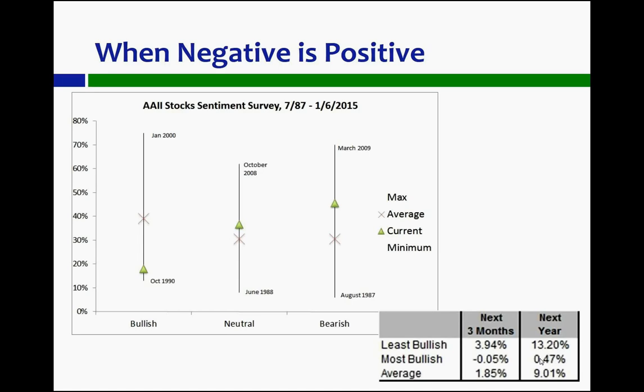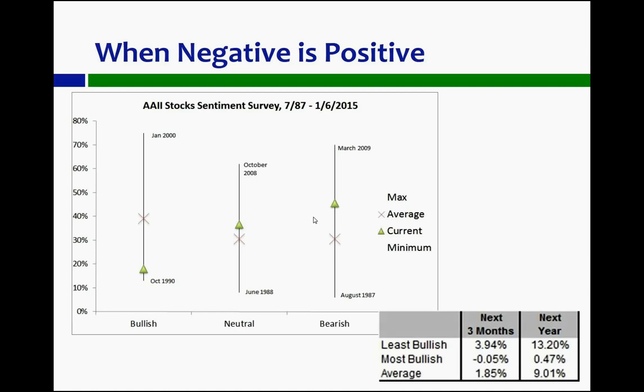So this doesn't give us a crystal ball, but we can see that currently we were at one of the lowest readings ever, and we were at higher than average readings in bearishness. So it wasn't extreme on all ends, but there certainly was a lack of optimism in the market. And you can see since that reading, the market has actually recovered and bounced quite significantly. So it pays to understand that negativity and the global consensus is actually a positive from an investment standpoint going